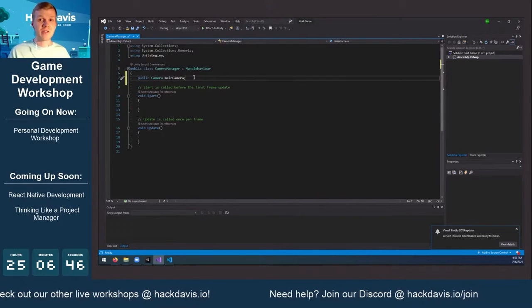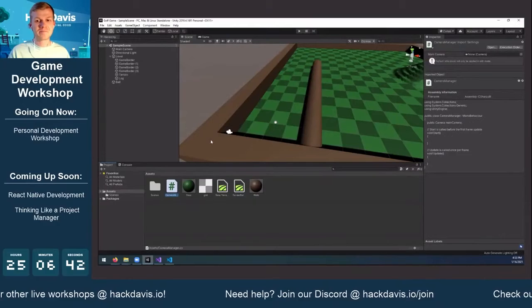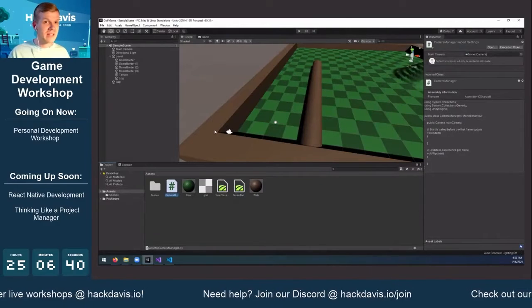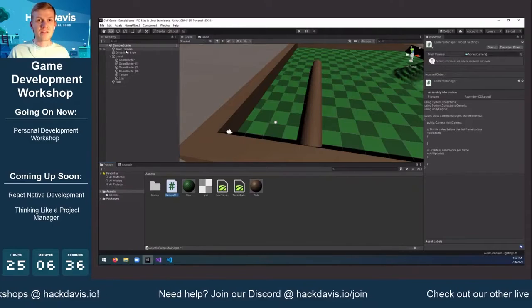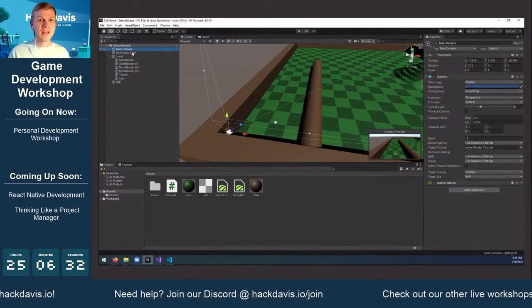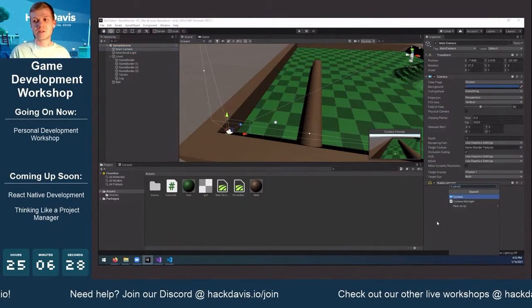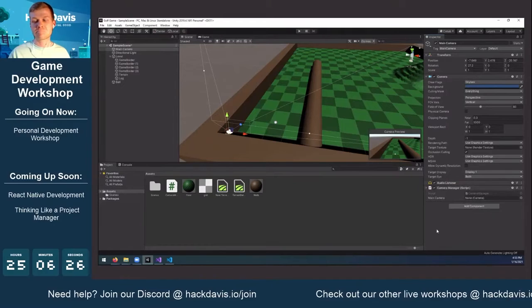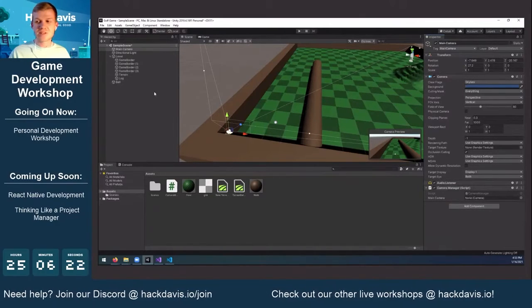I'm going to show you that right now. So if we save this script, Camera Manager, go back to Unity, it's going to reload the scripts. It might take a couple seconds for you. And then we click on main camera, and we're going to add a component called Camera Manager. And so in this Camera Manager,